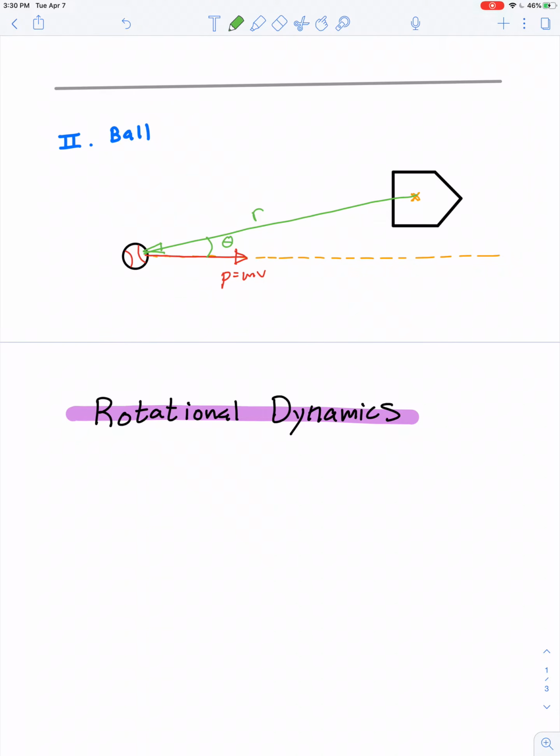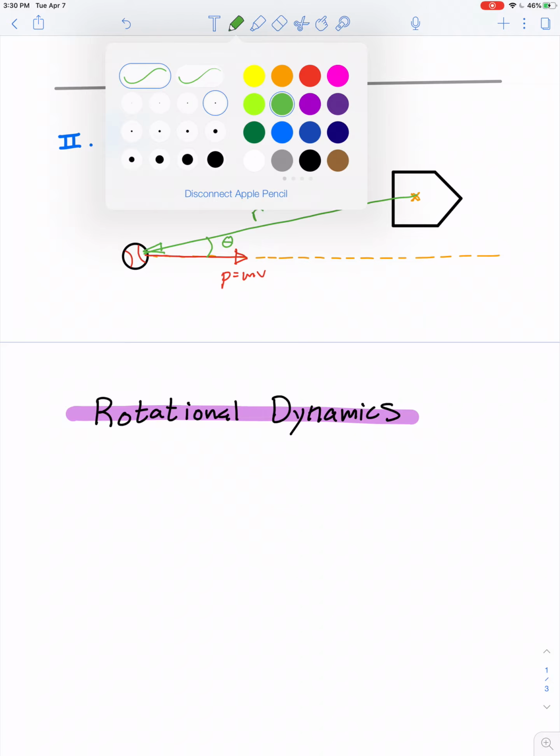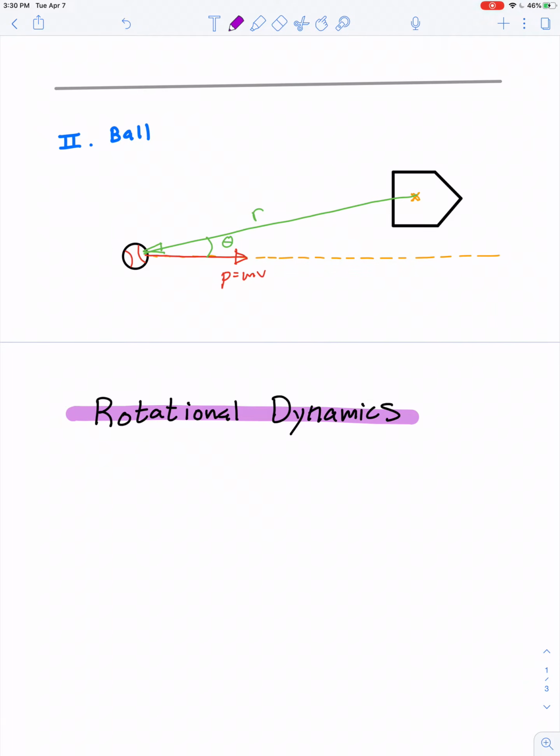So we can break that lever arm into two components. There's a component of the lever arm pointing to the left. We can call that R parallel, the component of lever arm parallel to the momentum. And then there's another component to the lever arm that points along the y-axis, and we can call that R